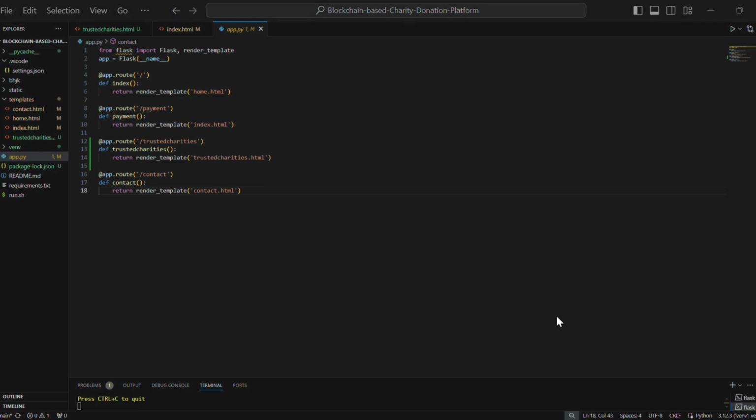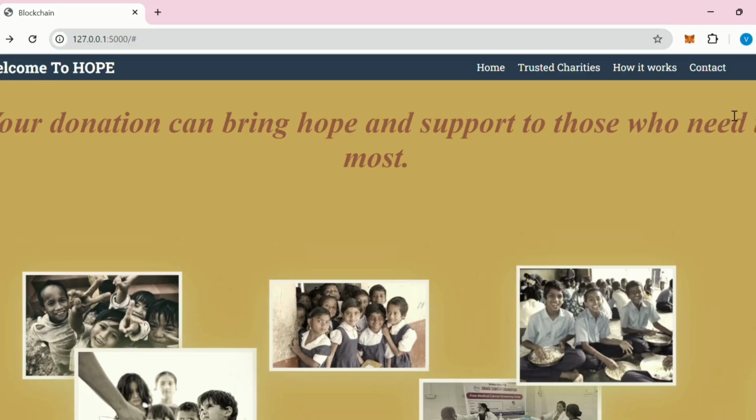Result displays the final output of the system, including the home, trusted charities, contact, and index pages. The initial screen shows the main interface of the platform. The user navigates to connect their wallet. The platform integrates with MetaMask. The user is prompted to log in. If the user doesn't have a MetaMask account,